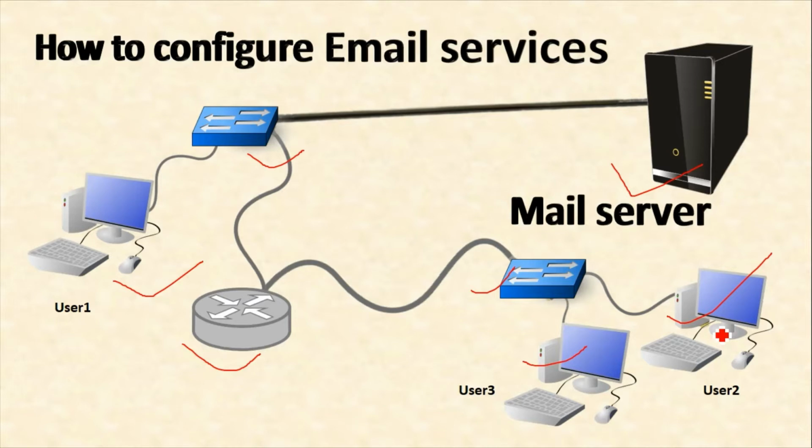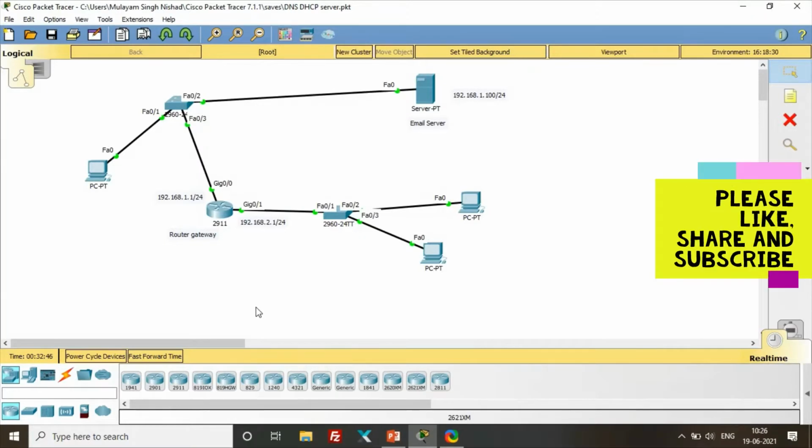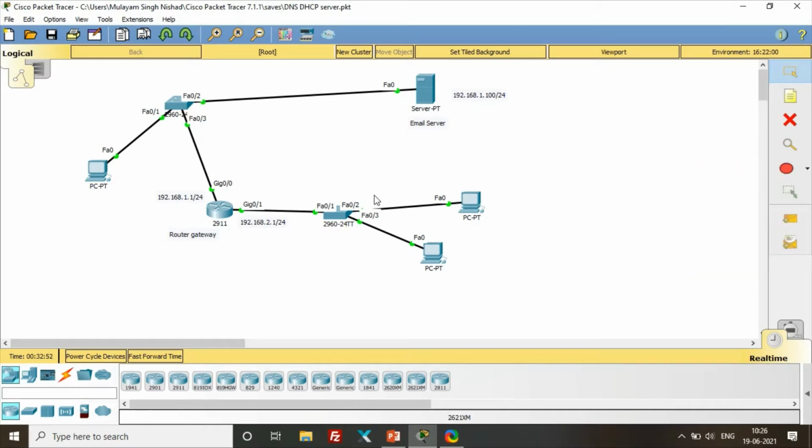So how to configure it? I have created the same topology in Cisco Packet Tracer, where three PCs, one email server, a router gateway, and two switches are connected.